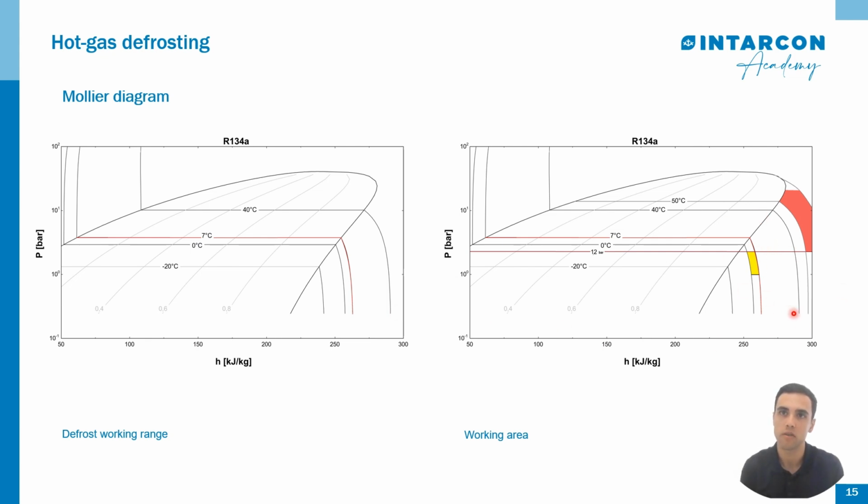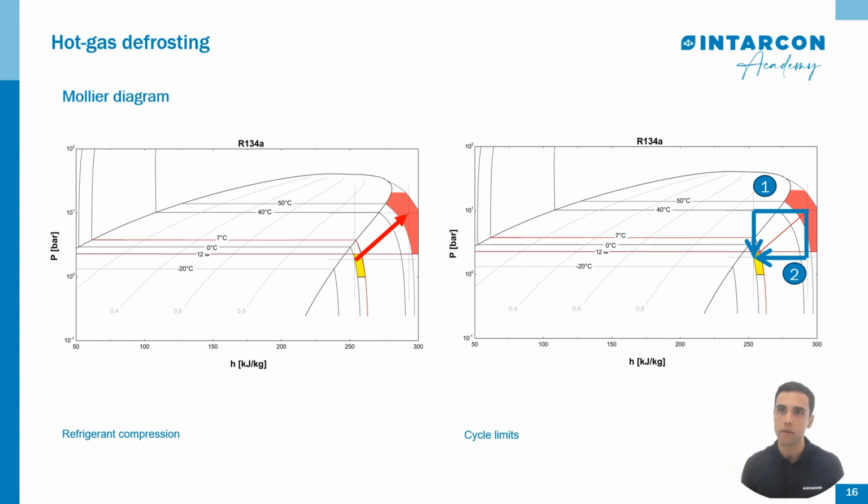In addition, we must ensure that the suction pressure doesn't exceed 1.2 bar relative to avoid excessive temperature rise at the compressor discharge and prevent high pressure shutdowns. The location of the discharge varies depending on the pressure drops in the hot gas defrost circuit piping and fittings, in addition to the suction point. It is essential that this zone is also maintained within the compressor envelope and is at a temperature sufficient to melt the ice.